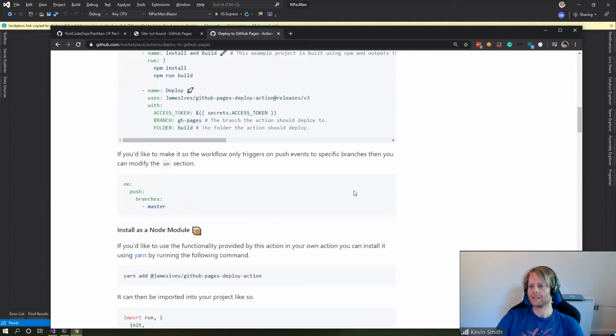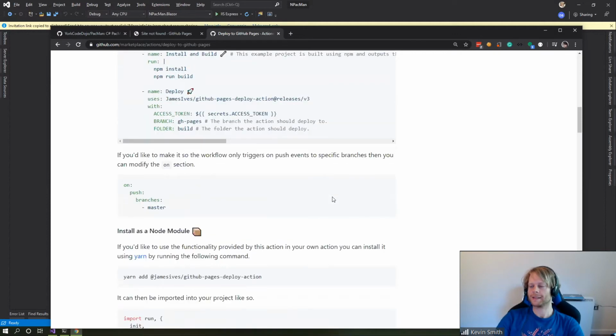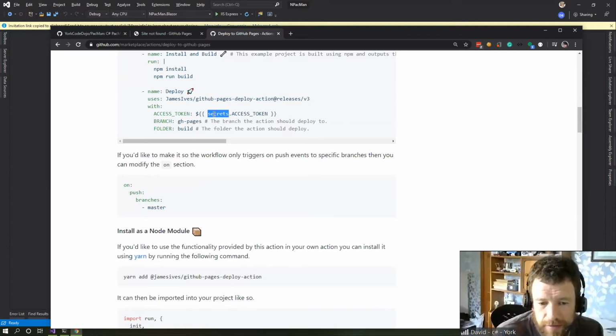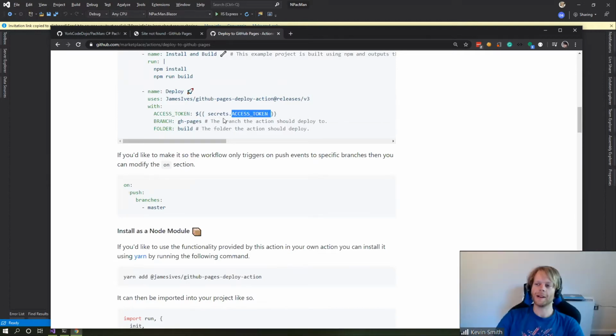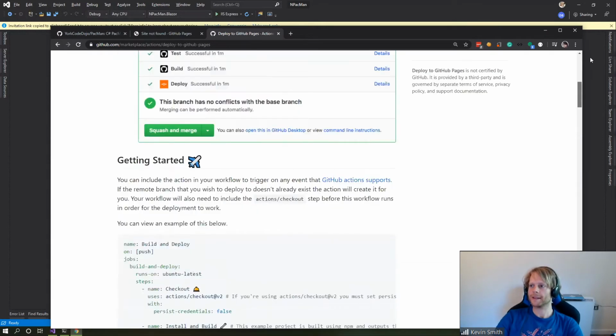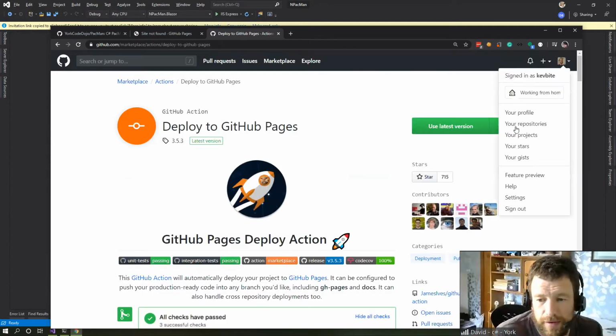Or it even creates a branch for us. Excellent. Oh, you'll need to create a secret. I think it says it substitutes that in automatically, doesn't it? Yeah, but you have to create one in your own account. Oh, okay. So